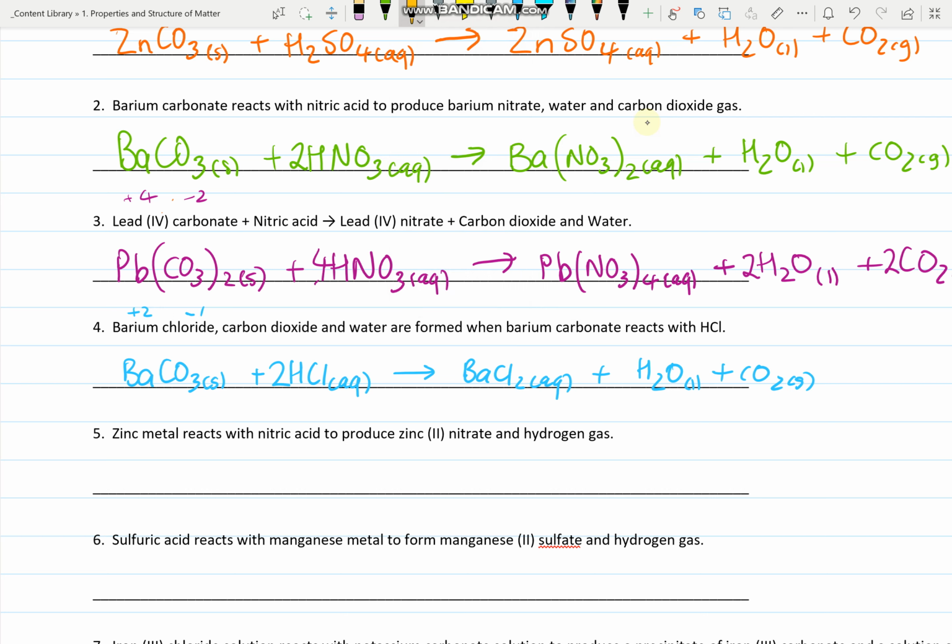This is metal plus acid goes to salt plus hydrogen gas. This is one of those ones where at first you get it and then later it gets rid of it. Zinc metals. If you're ever writing a metal by itself, you don't write zinc 2. You don't write anything. It's just zinc by itself. Right? And that goes for every single metal. Nitric acid we've encountered